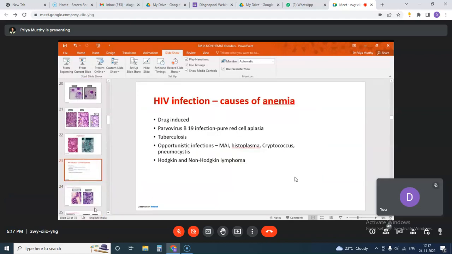So HIV infection gives rise to myelopathic changes in the bone marrow, and it can be identified when we look at certain changes within the bone marrow. Sometimes we have not got the history at the right time, and later when we ask for history, the patient turns out to be HIV positive. There are various causes of anemia in HIV infection. It could be drug induced, or due to immunosuppression, or parvovirus B19 infection, thereby causing pure red cell aplasia. There can be associated tuberculosis, and sometimes associated malignancies also can give rise to anemia.